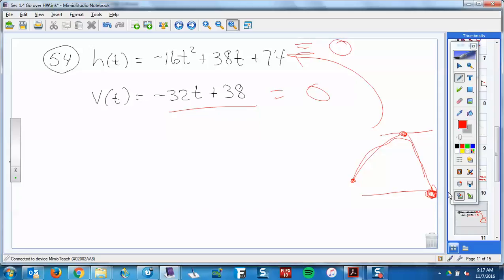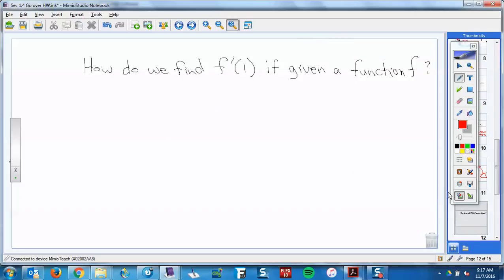Okay, so here's the question for today. How do we find f prime of 1 if given a function f? Well, we just did that problem on 42. If I give you an f graph,